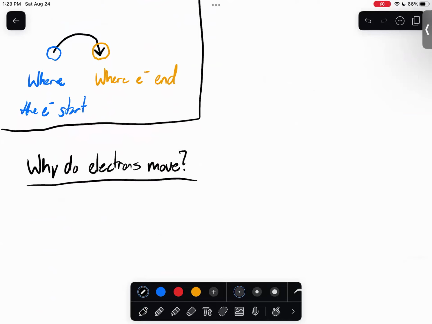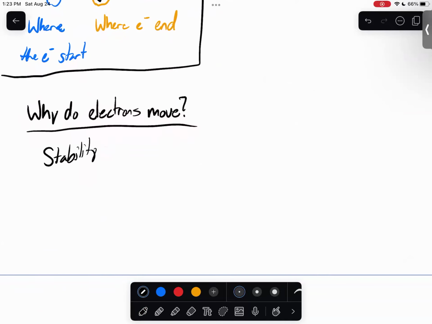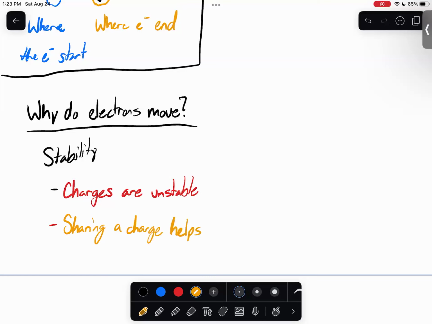Well, it has to do with one thing and one thing only, and that is stability. So the way you can think about this is negative charges are inherently unstable, right? That's the first important thing that we need to write down. And I'm going to put it in red because it is very important. Charges are unstable. And so if we're able to not have a charge around, that is going to make things more stable. But even moreover, we can also say that sharing a charge helps stability,